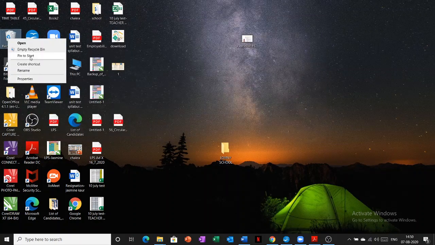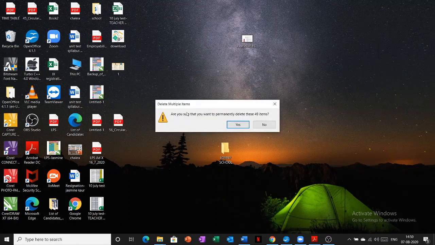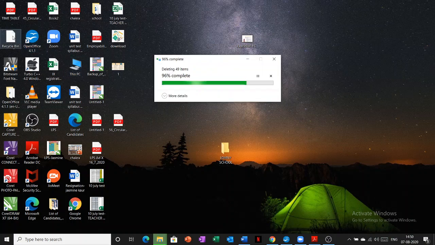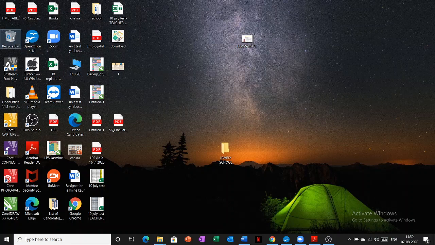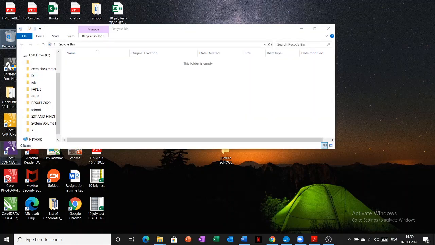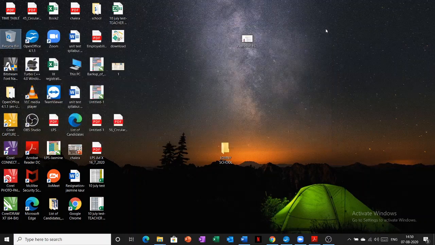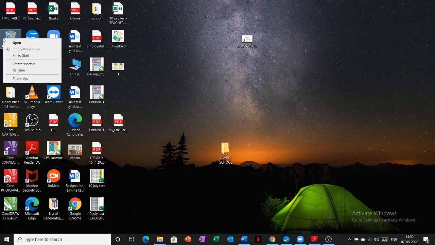I'm right clicking and empty recycle bin. Are you sure you want to? Yes, I'm pretty much sure. It's been deleted. Let's open recycle bin again. 0 items. So you can clear your recycle bin by right clicking and choosing empty recycle bin.